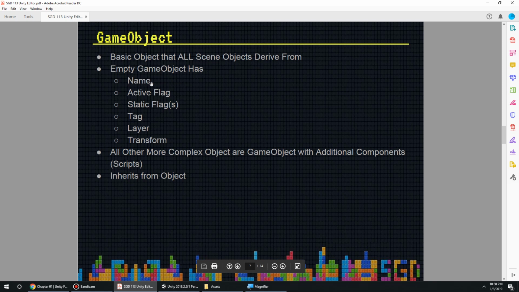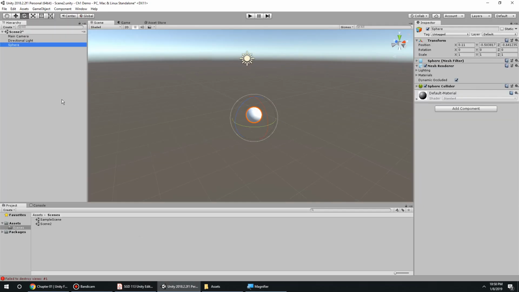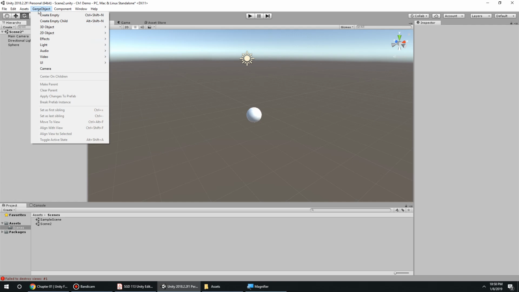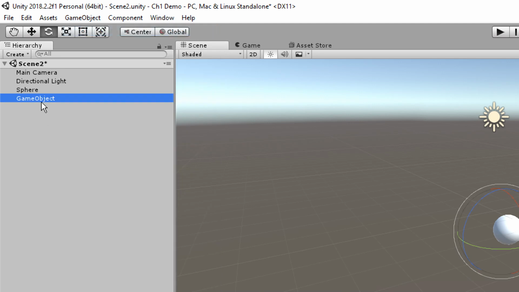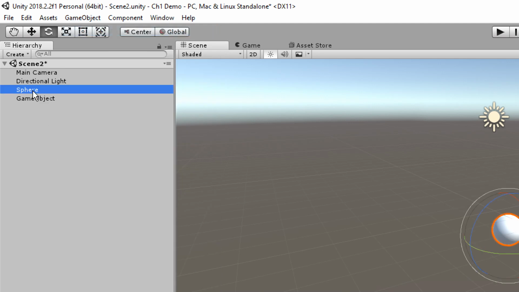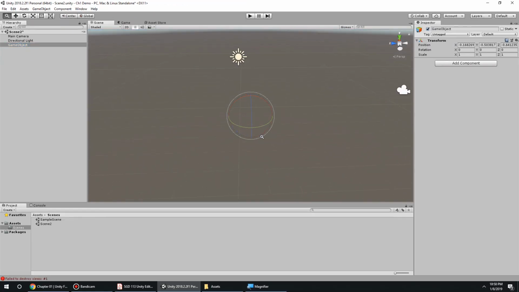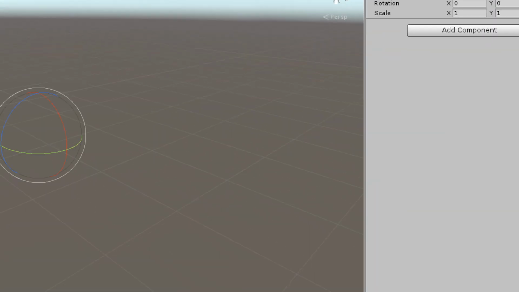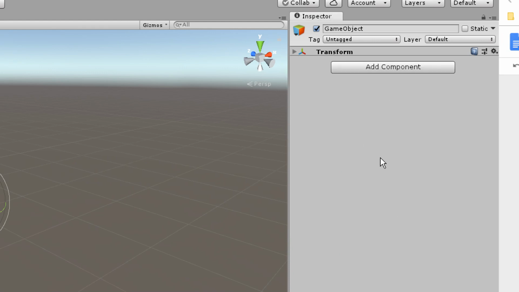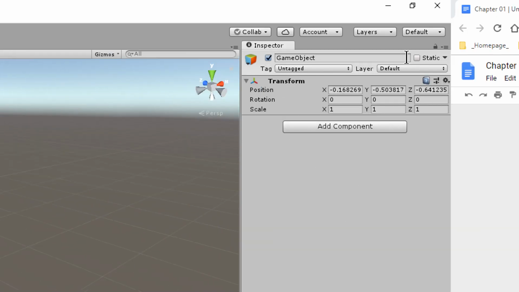So every game object has a name, an active flag, static flags, tags, layers, transforms. So what are those? What are we talking about here? Well, if we go to our game object menu up here, let's just go ahead and create an empty game object. And you can see it just spits out game object to us. Let's just go ahead and delete that sphere. And whenever we zoom out and try to look at our game object we just made, there's nothing there. And if we look over here in our inspector, we don't have all those fields like colliders or renderers anymore. But what we do have are these default attributes, such as the name,